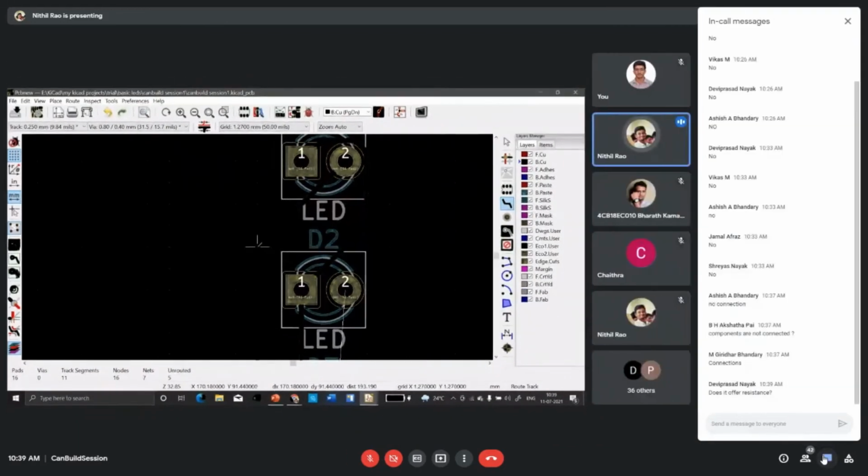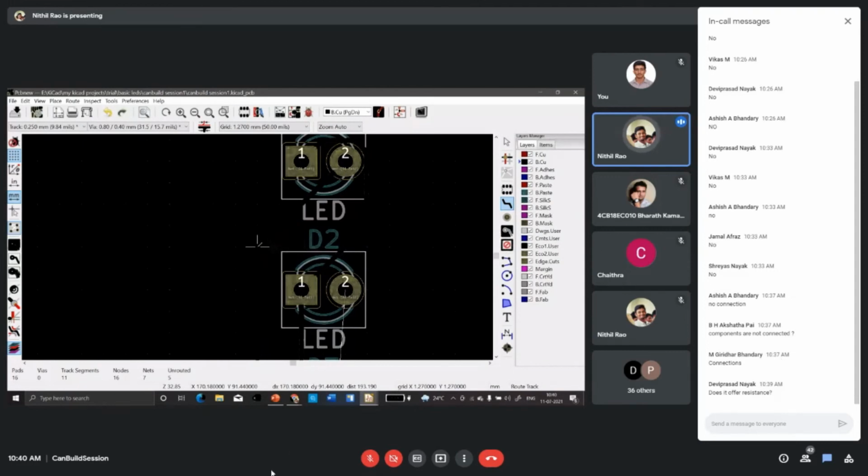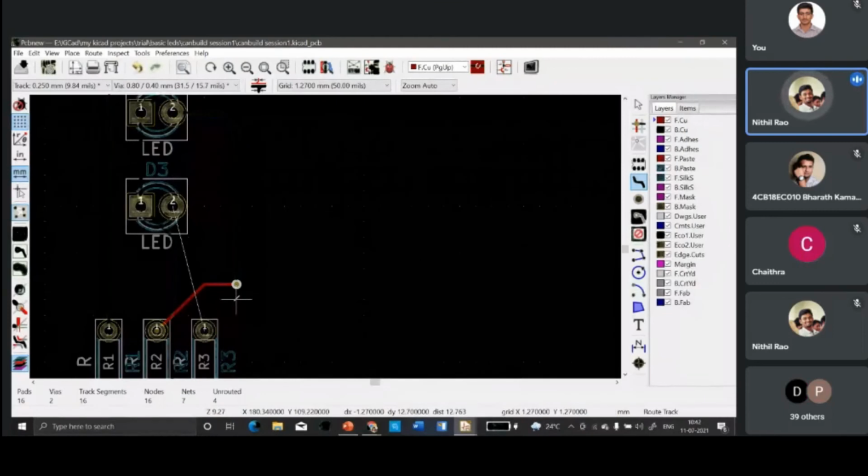You might have studied in your second PUC, you might have memorized 4 points about conductors, and one thing was that charges are stored in the corners of a conductor, right? So wherever there is a pointed path or a corner, the charges are more concentrated. That is not a good sign for a PCB, because it is going to reduce the efficiency. Like Devi Prasad said, it might offer resistance due to excessive heating, because charges are more concentrated.